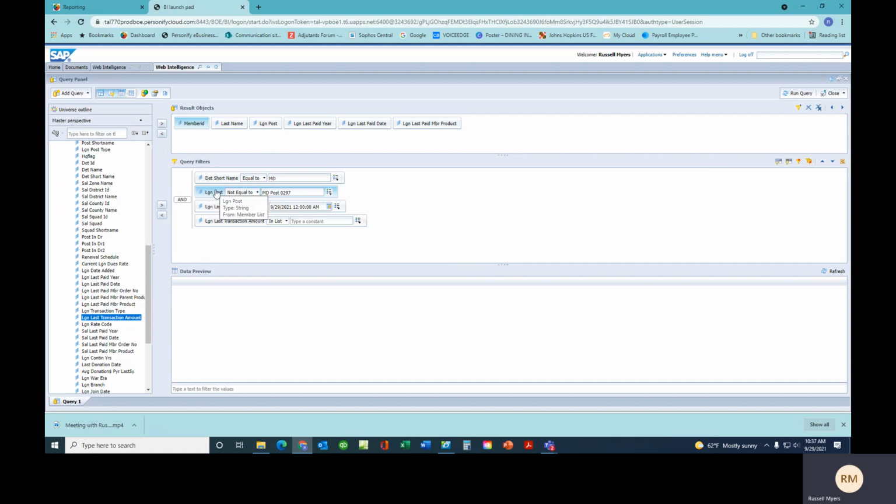But you can either do that or you can leave that completely out and it will actually total up all that. At this point, we're going to leave it out just to show the totals. Now, Legion last paid year is between, and we're going to do the month of August. So from August 1st till August, I put September 1st at 12 a.m. That way you're 1 second over, and if somebody actually clicked the button at that exact moment, then it'll definitely